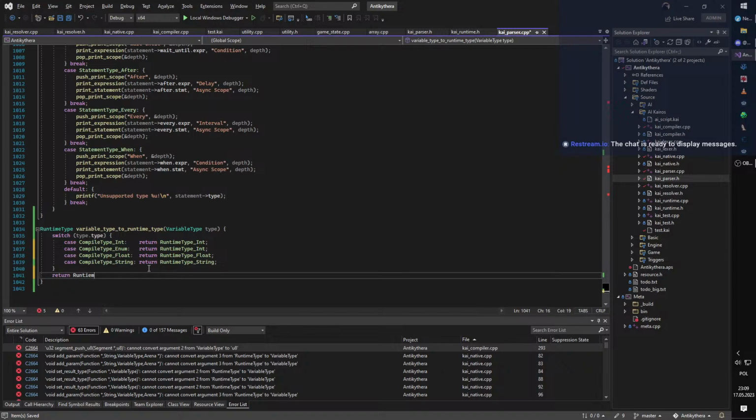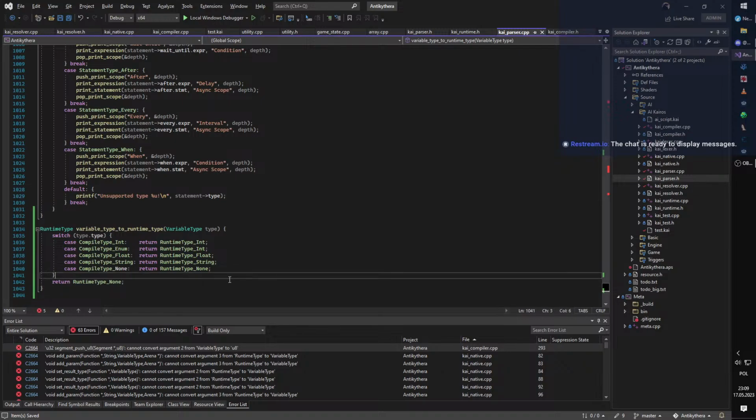Otherwise we return runtime type none. Although I think I should also say this, right? And in this case we would probably say might be